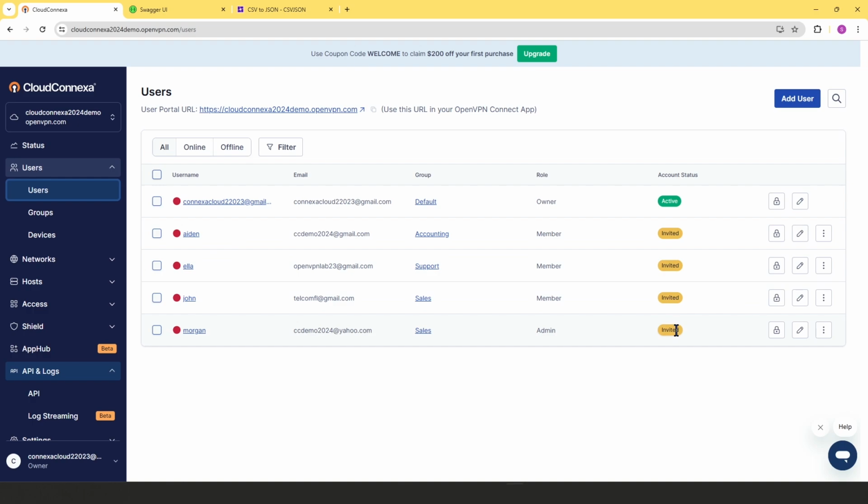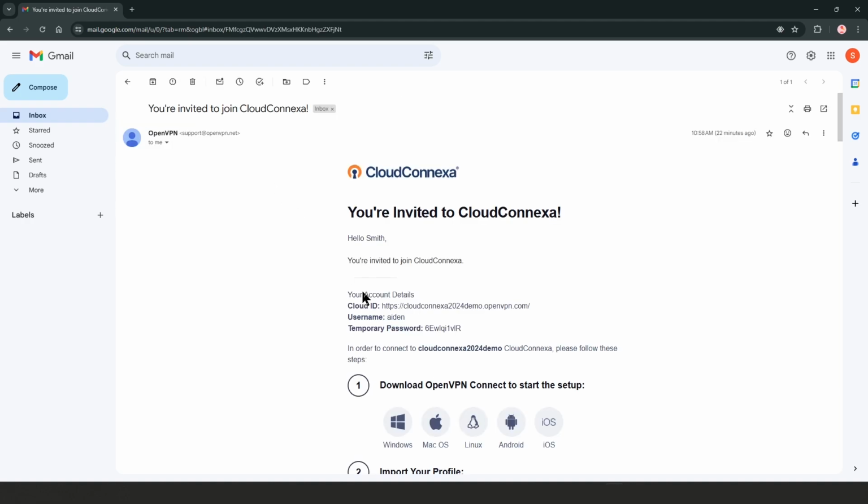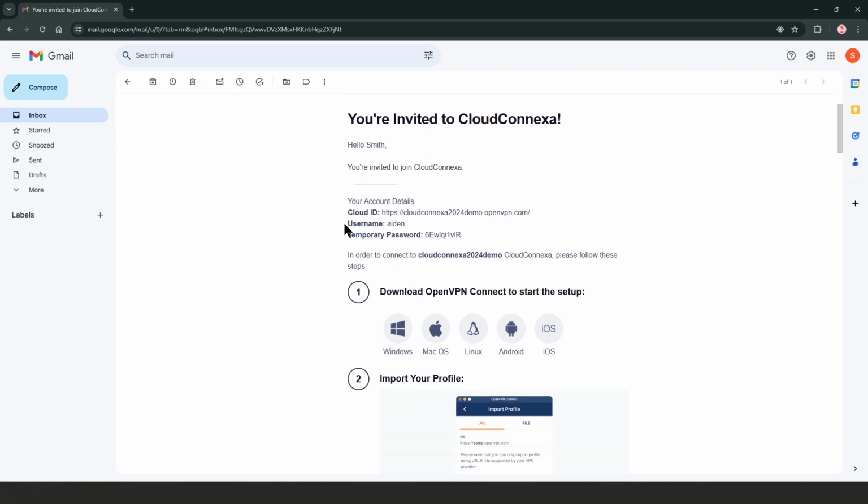Now, what happens on the user side? So, for example, if you look at Aiden's account, this is the email. He got the invitation. Let's go to his email and see what's happening. So we can see that Aiden got this email here. You've been invited to join CloudConnexa. So if Aiden clicks on this email, he's going to get the information: Cloud ID, his username, and the temporary